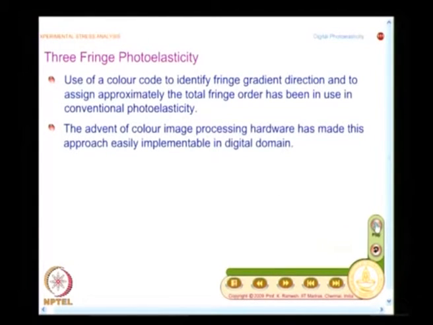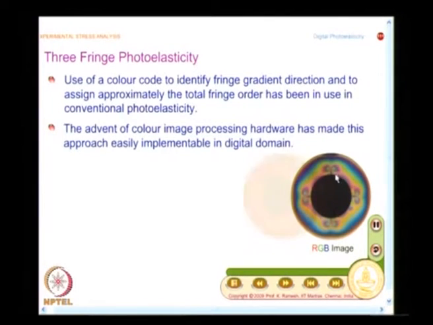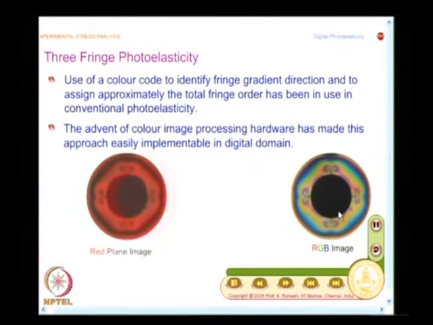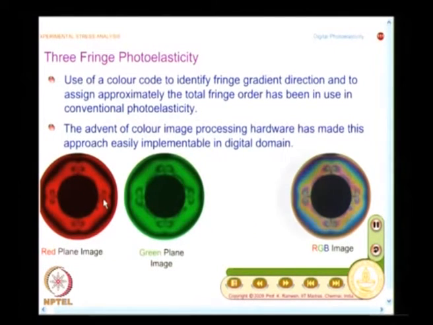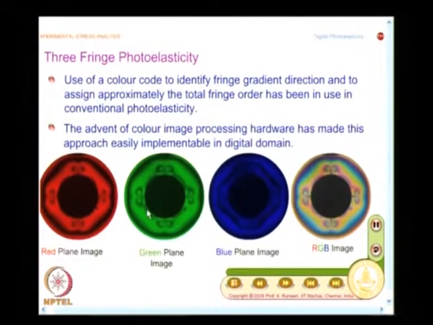What you have here is the problem of internal cracks from a pressurized cylinder. A color image can be thought of as assembly of a red plane image, green plane image and a blue plane image. So, any color image can be thought of as assembly of red, green and blue. And what you will also notice is, here the problem is so selected that this is the crack, and near the crack you have fringe order close to 3. You do not have fringe orders beyond 3 in the entire field.